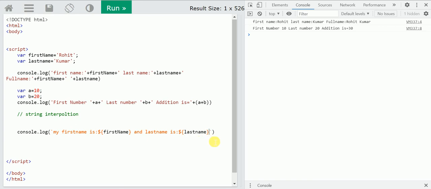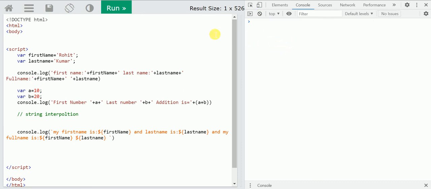And my full name is something like that. How do we print the full name? Use the dollar sign, then copy and paste the variables here, and again copy and paste. So it comes dynamically as first name and last name.